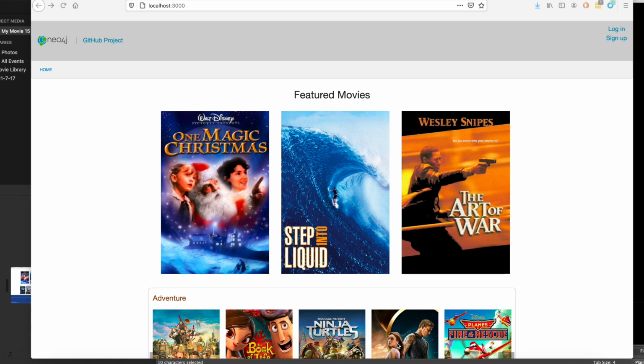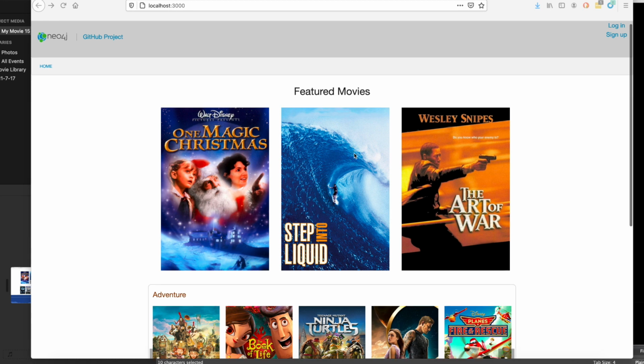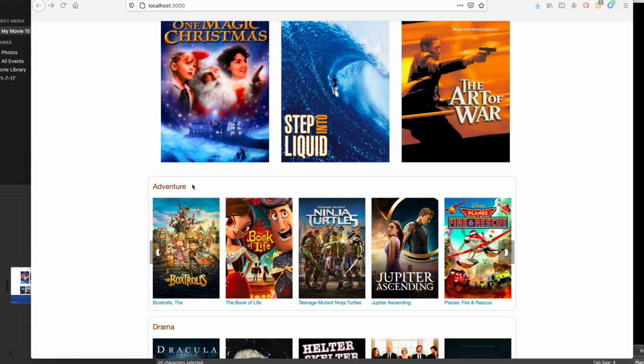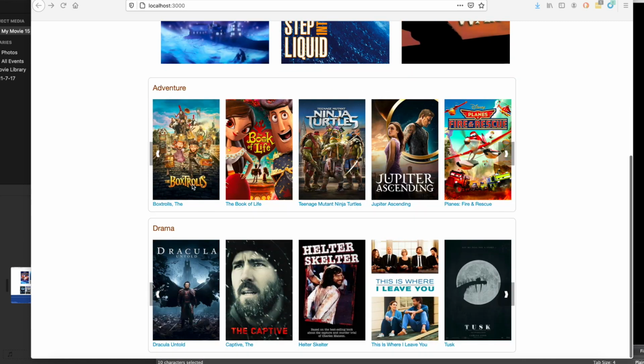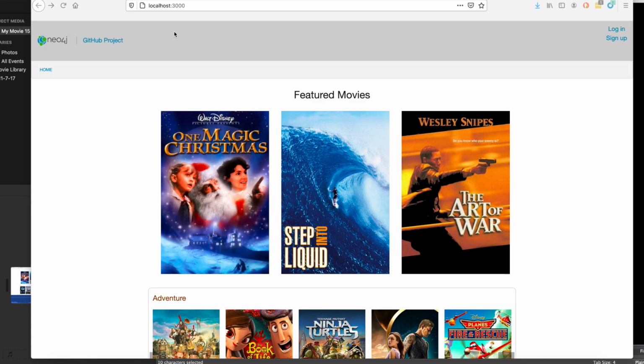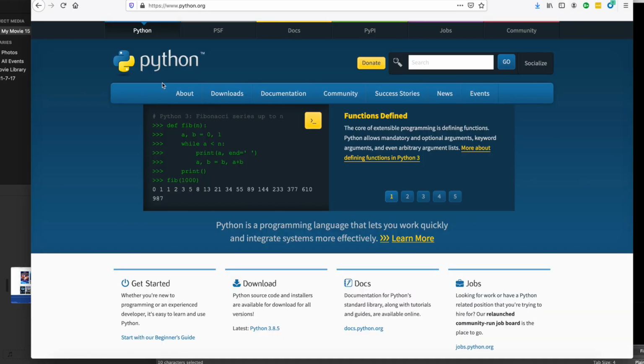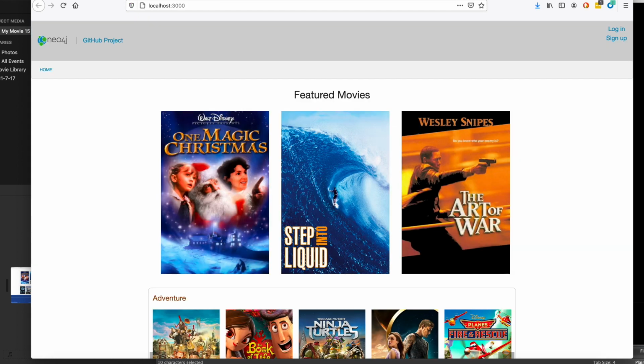How to build a not too simple, but yet still simple, IMDB clone with Neo4j and the Python driver. The prerequisites for this course is some experience with Python, some experience with React,